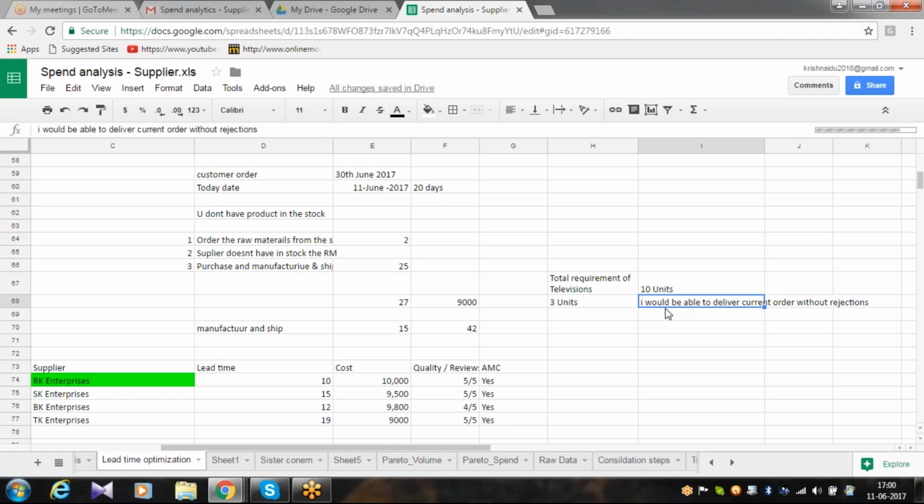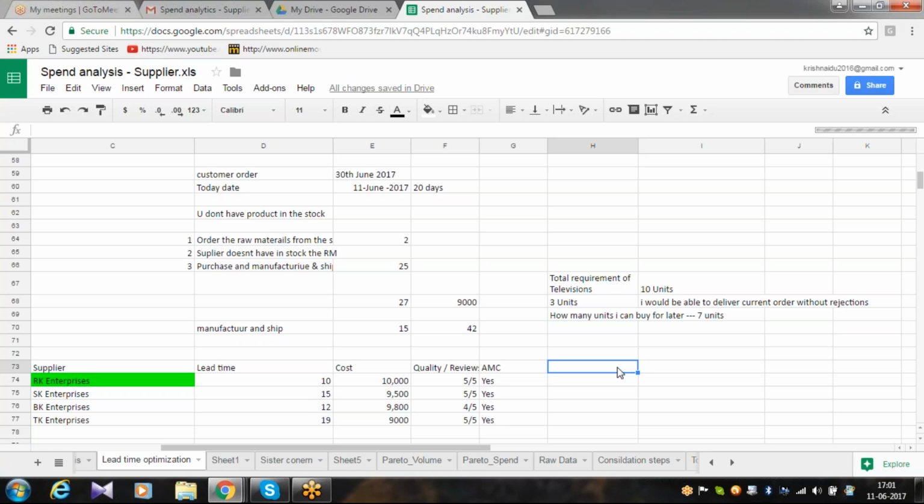That's what actually, so how many units can I buy later? I can buy for later 7 units, right? 10 minus 3, 7. So 7 units I can wait to buy later, because for me it's very important to